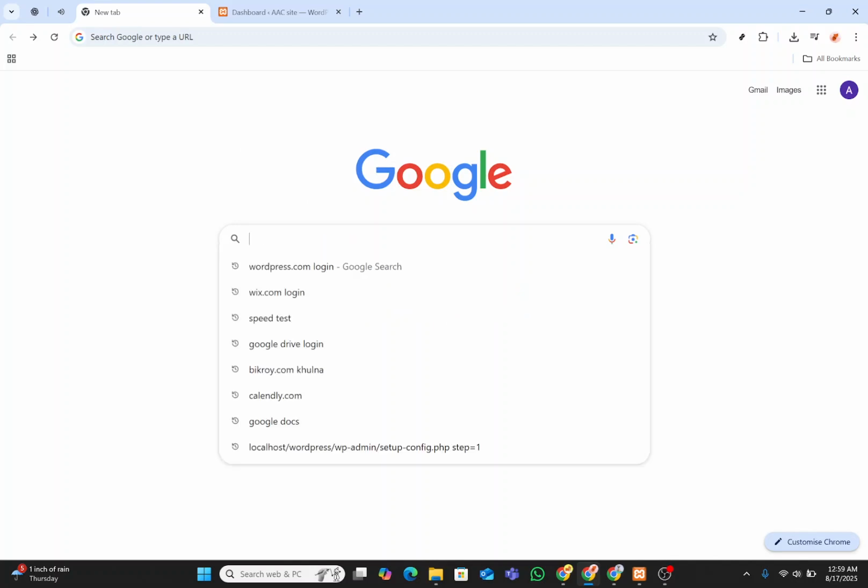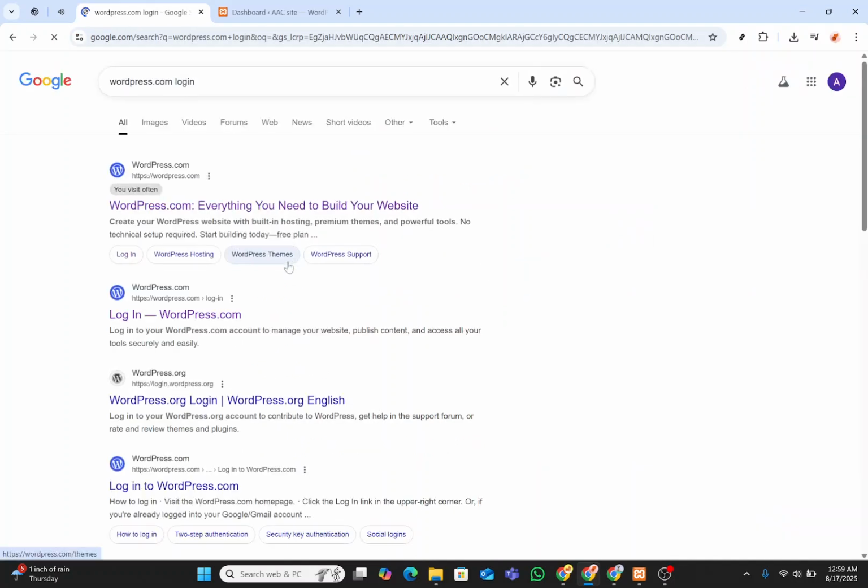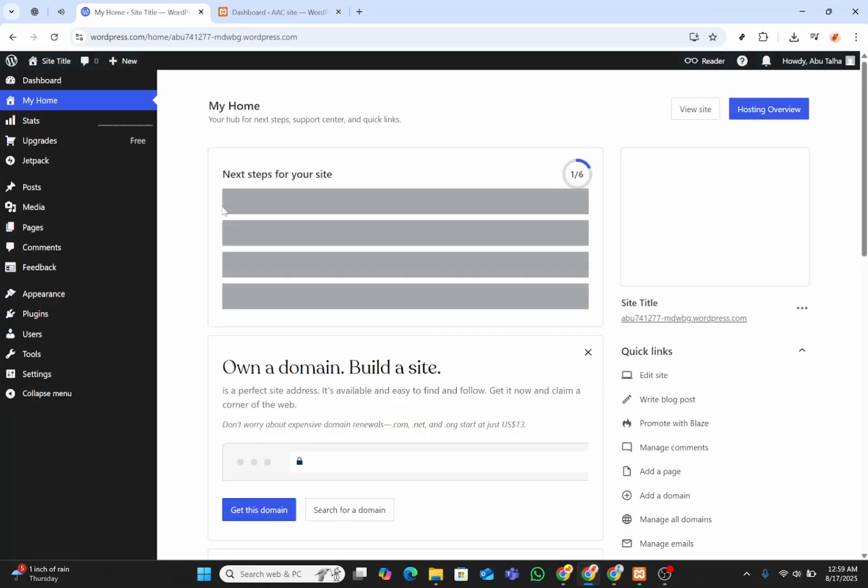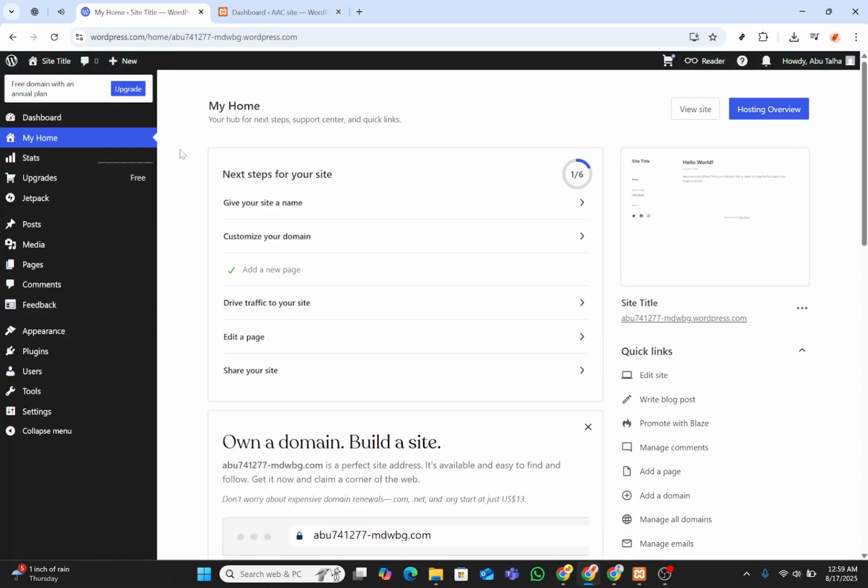To start, you'll need to head over to WordPress.com and log into your account. If you're not already logged in, simply open your web browser and search for the WordPress.com login page. Once you've landed there, enter your credentials to sign in. If you're new to WordPress, just follow the prompts to set up your account. After logging in, you'll be greeted with the WordPress dashboard, the central hub from where you can manage all your